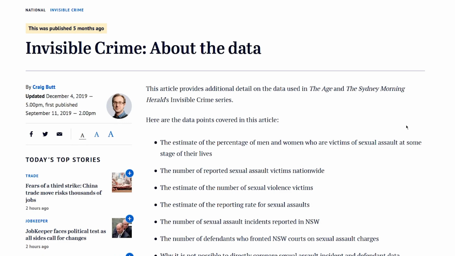And so my main contribution to this was probably the longest article I've written for The Age in my whole 8 or so years here, which was about the data, about 5,000 words in total. It was essentially an extensive piece that went into the caveats and the methodology that we used in doing those stories, just so people would know that the numbers that we were using were accurate and the way we'd gone about it was there,